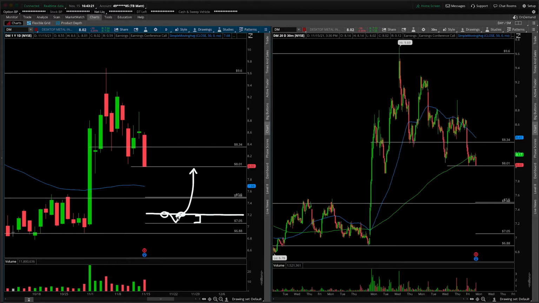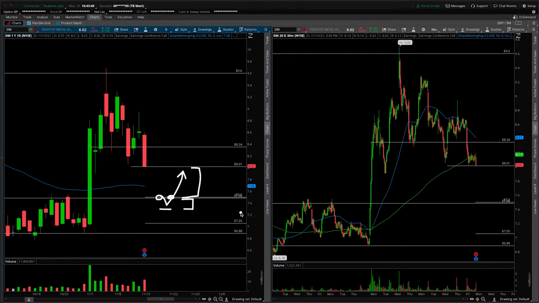The other thing that could potentially happen at the bell, and we won't know until the bell actually rings, would be if we open here, really just put in a small drive lower and immediately trade back higher through the open. In this case, your risk is under the low of day and your reward is essentially up here. That to me makes much more sense from a risk management perspective, okay? So those are two scenarios for the upside.